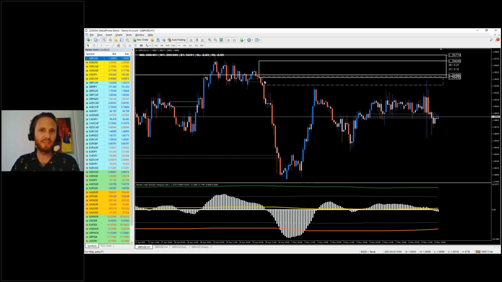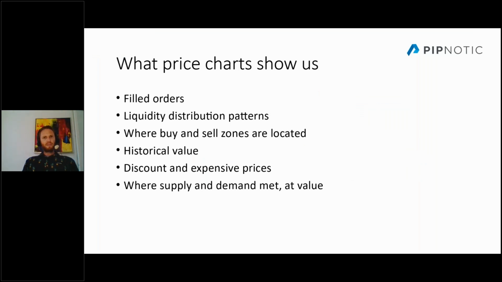So they get in at a slightly worse price, maybe here, and it's just a continuation pattern, which is essentially what a continuation pattern is. Yes, so we can see where buy and sell zones are located. We're going to get into this in great detail in a little while. And as we saw on the previous chart, we're focusing on historical value, because if you look at,